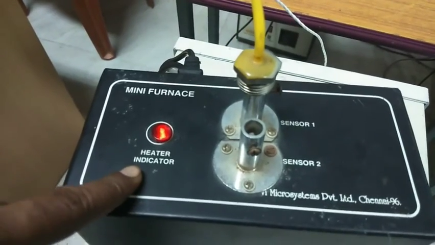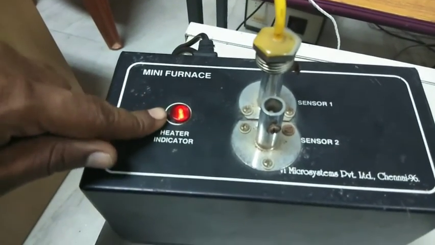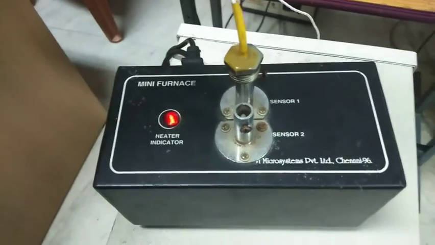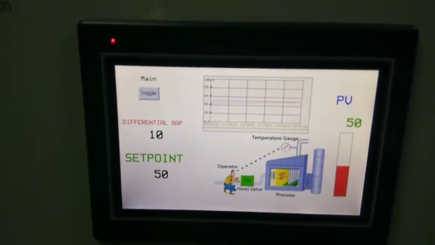The heater status is indicating on. The red light means the heater is on. Now your set point is 50 degrees Celsius, and our present temperature is 50 degrees Celsius.